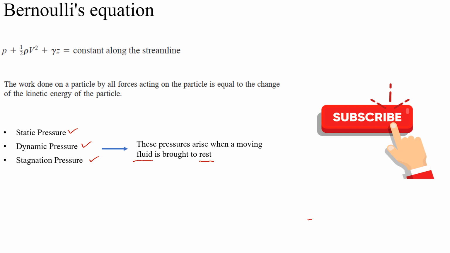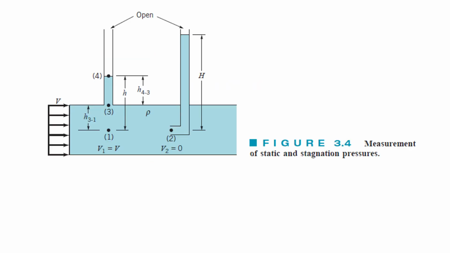So now moving on to the next slide to explain what are the static pressures, what is a dynamic pressure, and what is a stagnation pressure. So this is what we are going to use this figure to explain static pressure, dynamic pressure, and total pressure